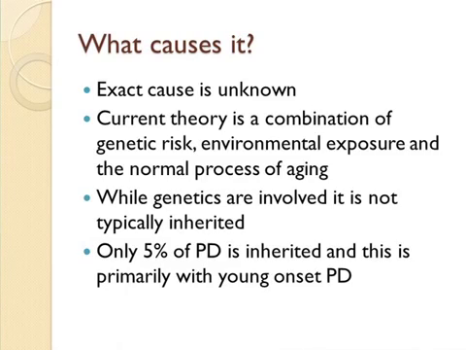So I'm always asked, well, what causes it? That's an important question, and that's part of why we have scientists, and what we're always trying to figure out is what is the cause of a disease. The better you can understand the cause of a disease, the better you can then find treatments for that disease or stop the process that's going on. The exact entire story is not known. That's why we continue to pursue this. But there's a lot of information that we do know that gives us hints and clues about what may be going on. And the sum total of that is that the current theory about Parkinson's disease is that